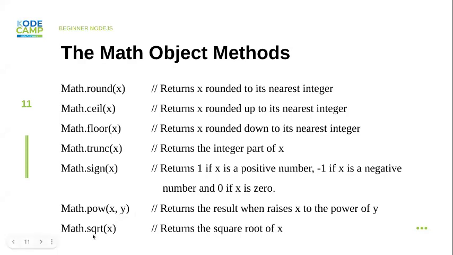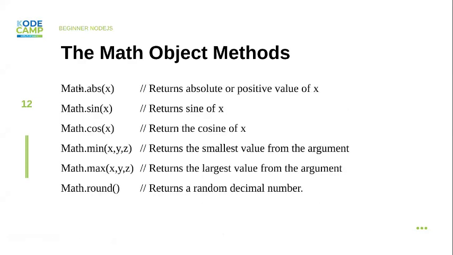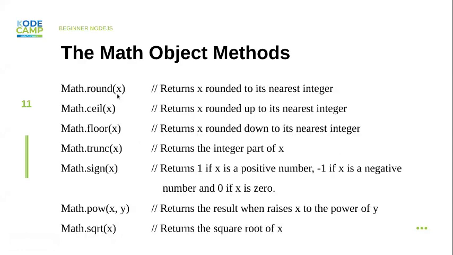Then we have math.sqrt if you want to find the square root of a particular number. So math.sqrt, if you pass in maybe 100 here, it is going to find the result for you. Then we have math.abs, right? It's similar to math.trunc,